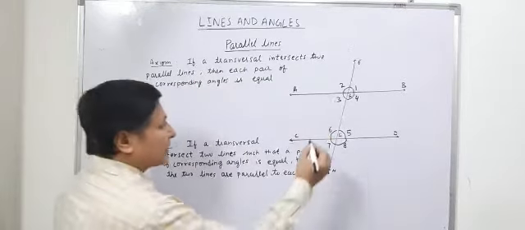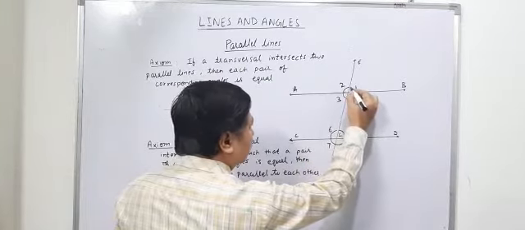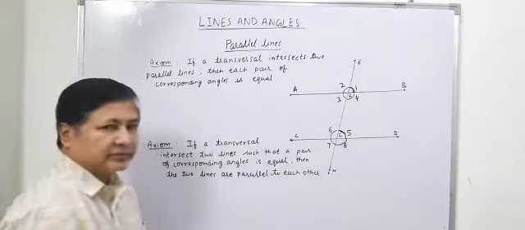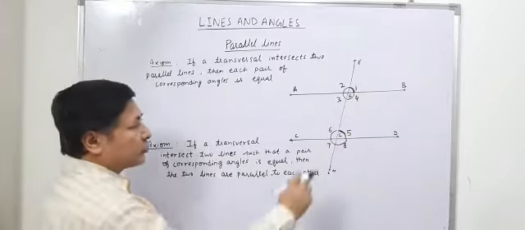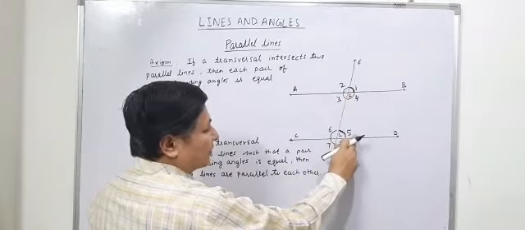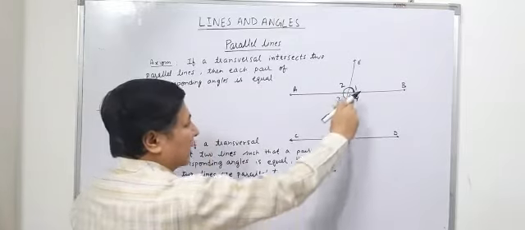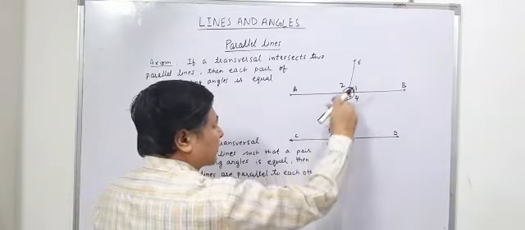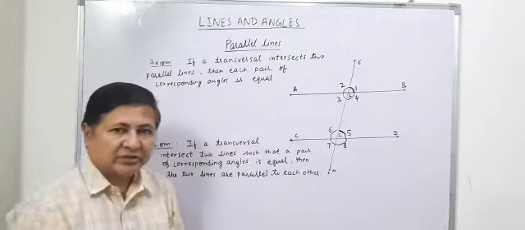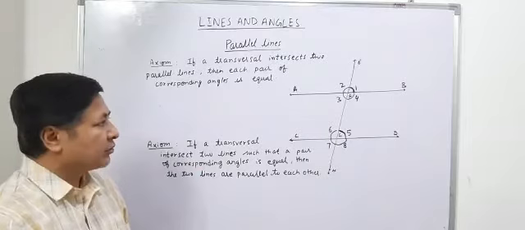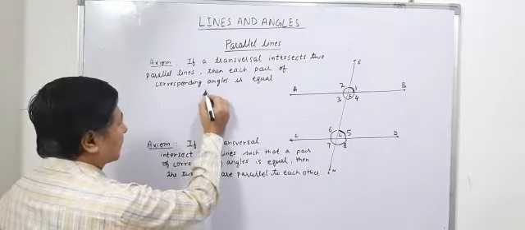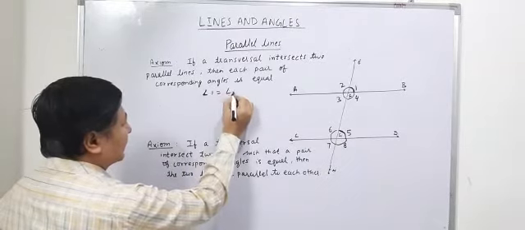Now what is a corresponding angle here? Yeah, this angle 1 and angle 5. These are corresponding angles. If you see the position of angle 1, it is above the line, and angle 5 is also above the line. Angle 1 is on the right side of the transversal and 5 is also on the right side of the transversal. These types of angles are known as corresponding angles. So when the lines are parallel, angle 1 will be equal to angle 5.